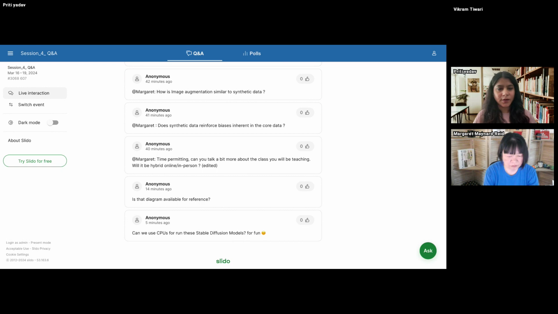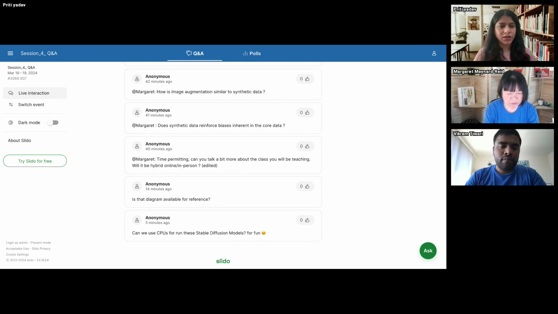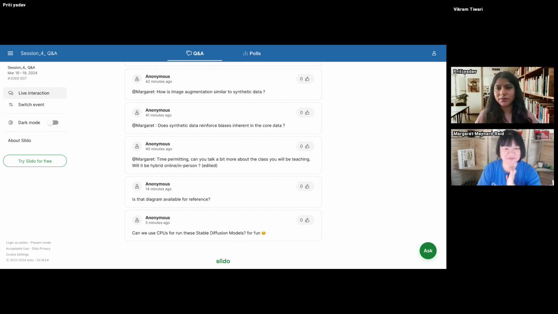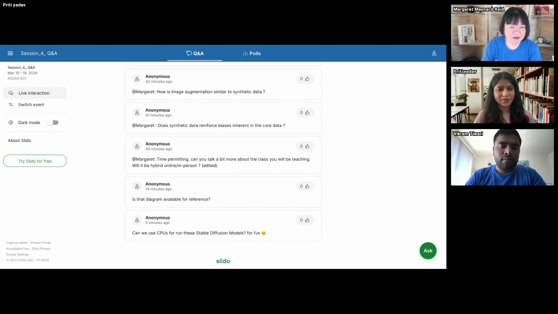Perfect. Next one, can we use CPUs to run these stable diffusion models for fun? Okay. I think Vikram earlier shared in his slides, Vikram talked about Colab, on your computer and cloud, right? Those are the options.